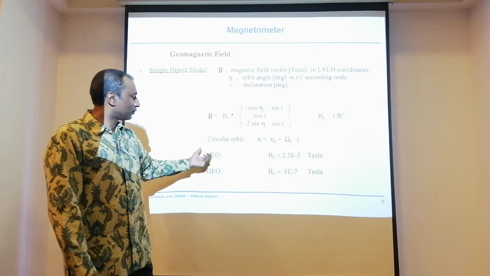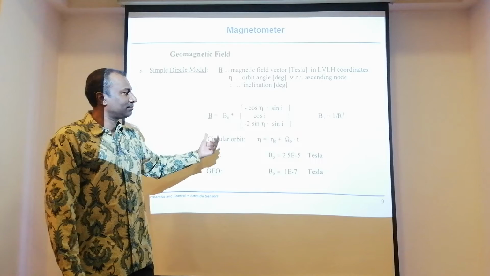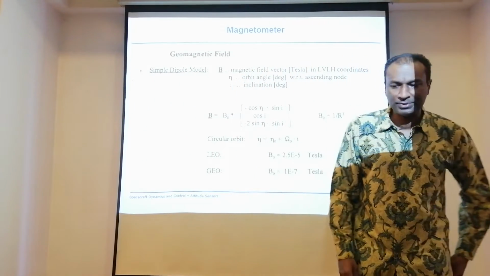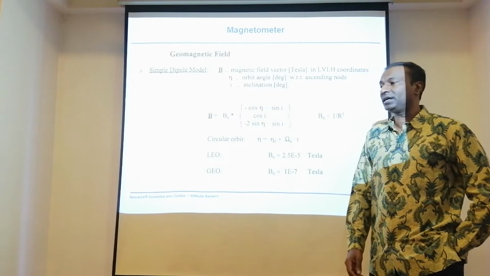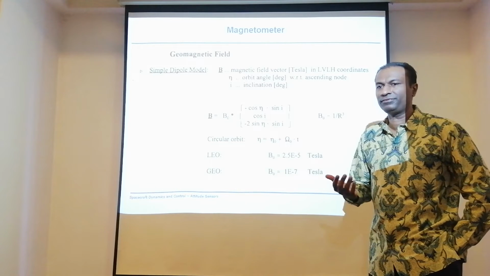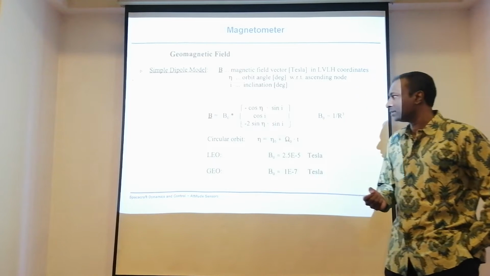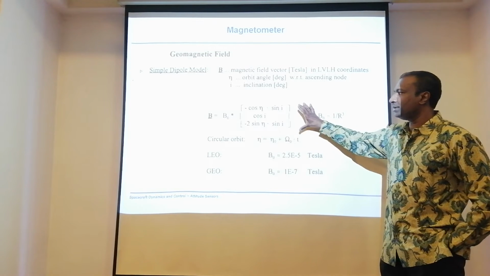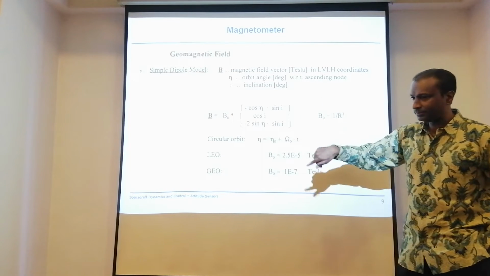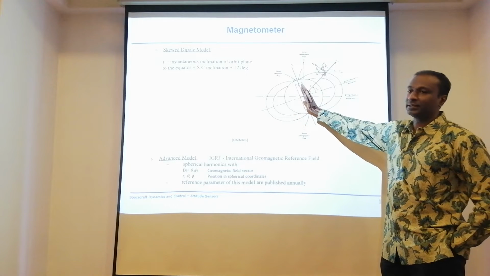So typically you can use it for estimation. It is a LEO orbit, low Earth orbit, or GEO orbit. This can always be used. But again, when you're flying in a GEO orbit, or geostationary orbit, I would say magnetometers might not be a good choice of sensor, because they are going to give you quite weak attitude results or attitude sensing capabilities. So in this case we use a simple model for estimation. But again, go on. There's another model, basically a split model. This is because, as you know, we are tilted.